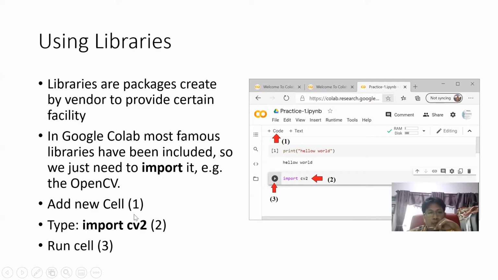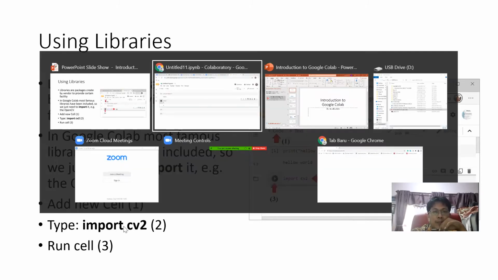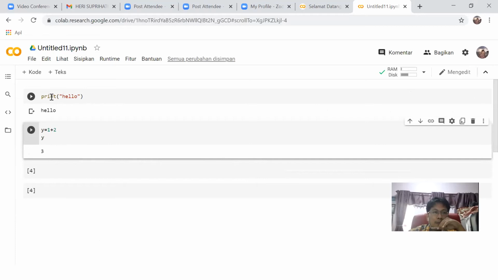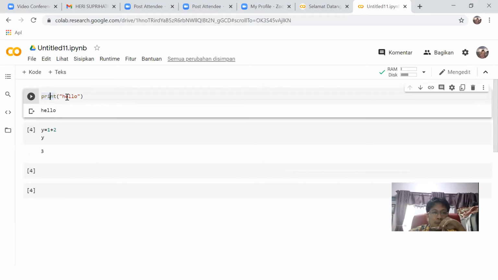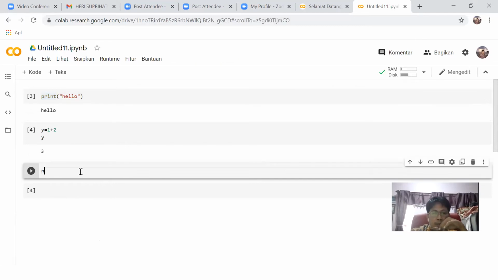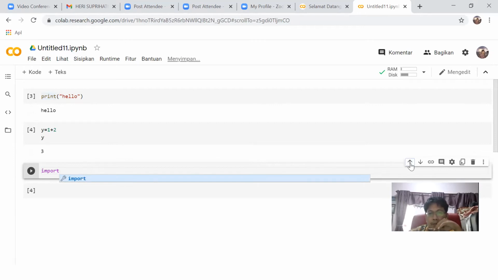We use the library CV2, import CV2. Usually the library is located in the first cell. For example, before this cell, or we can use the up arrow here to move this to the first.